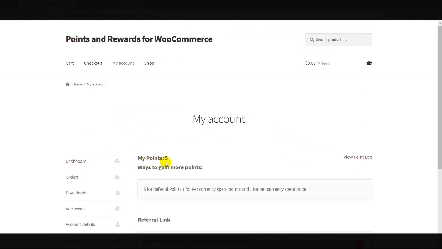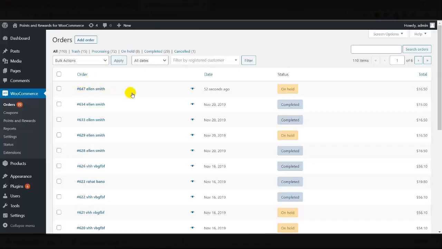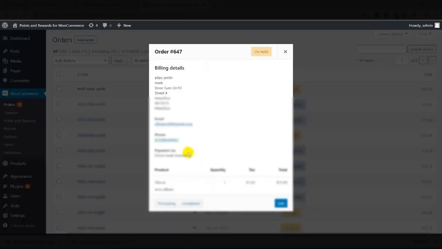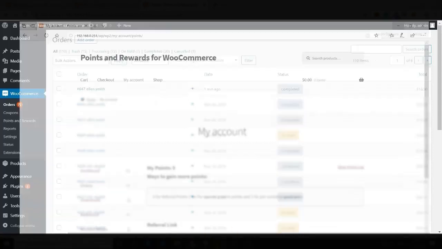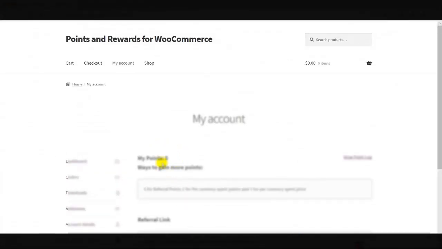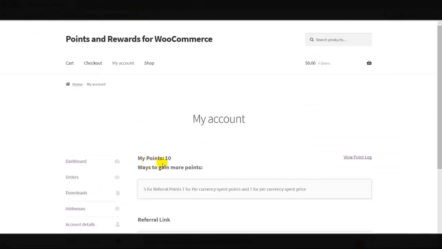So guys, the same reason exists over here also. This is just because in the order section, the order status is still on hold, and you can change it to completed. So simply do it from here, and as soon as you do this, the points will be incremented. So the order status is completed now, and if customer A checks his points and refreshes the page, yes, the points have been incremented.